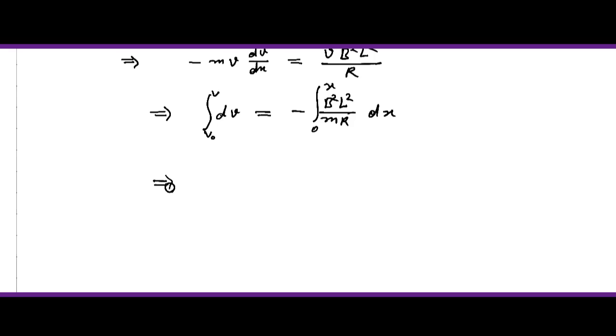ठीक है। तो dv को करेंगे तो ये हो जाएगा v माइनस v नॉट, ठीक है, v माइनस v नॉट, और ये इक्वल हो जाएगा x के फंक्शन में, माइनस बी स्क्वायर एल स्क्वायर बाई एम आर, और मल्टीप्लाई हो जाएगा यहाँ पर x, 0 टू x, तो यहाँ पे आ जाएगा x, ठीक है।